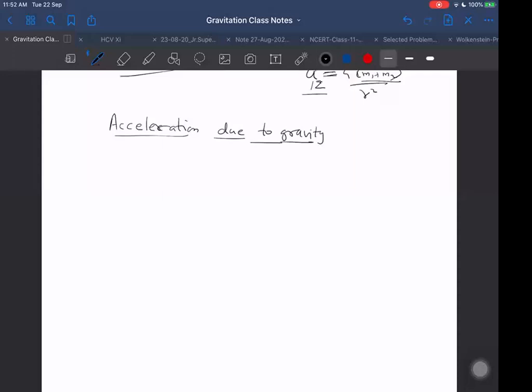Acceleration due to gravity. Now I want to find out how it varies. This I will represent by g, or as you know that it is nearly equal to E, I will represent it by E also. This is a standard question they give in NCERT and in other books also, that how it varies with height, how it varies with depth, and how it varies with omega.